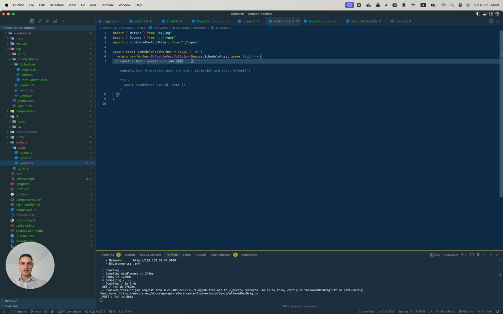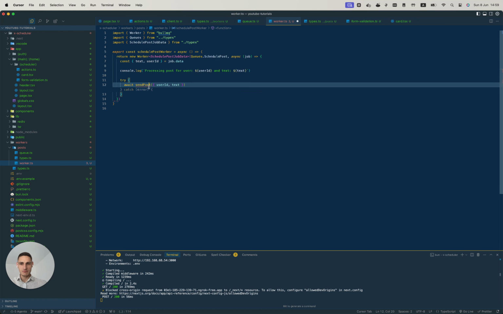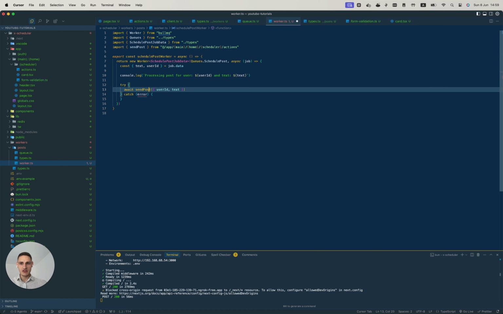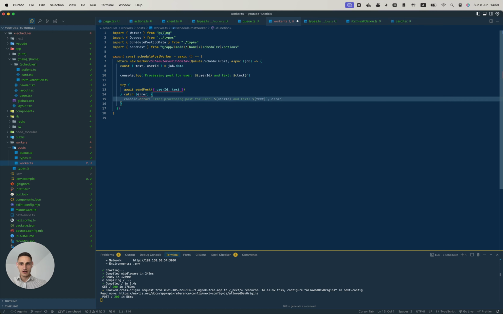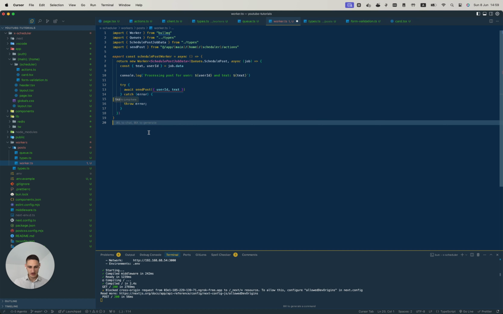So we would like somehow to debug that. So let's say we're gonna console log that, and we would like to send the post. And if something fails, we can throw an error, because if there is an error inside this worker, based on the attempts, it's gonna retry. If you have more than 5 attempts and this is 4 times, if it throws an error, it's gonna retry